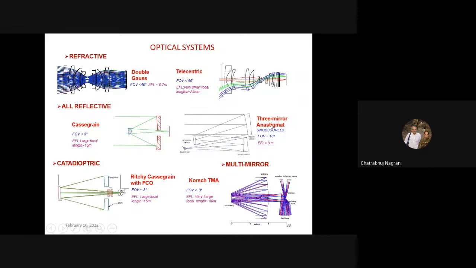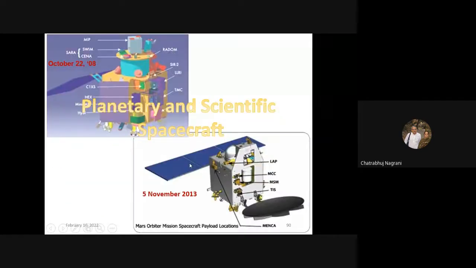then multiple different types of optics are used depending on what resolution you want, what number of bands you want, what total FOV you want. So different types of optics are there. We will not go into the details of those optics. Now we will have a cursory look at our